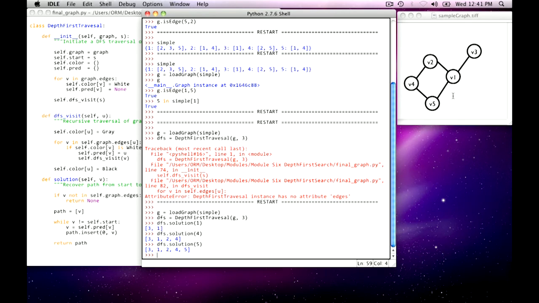Namely, we had assumed that our graph was fully connected, which meant that you can get from any vertex to any other vertex simply by traversing the edges that exist. That assumption is invalid. And so we have to make 2 small changes to our code to reflect that. Let's first focus on